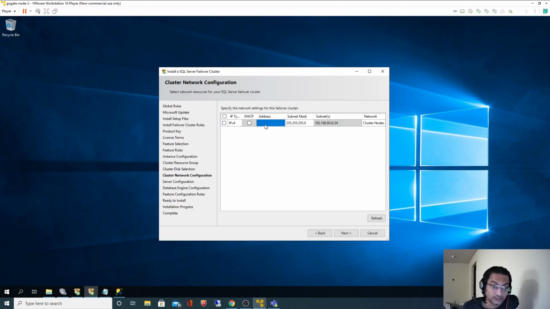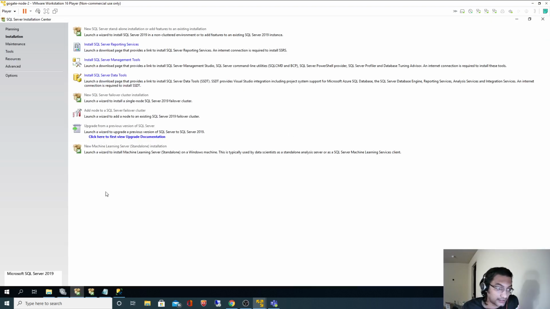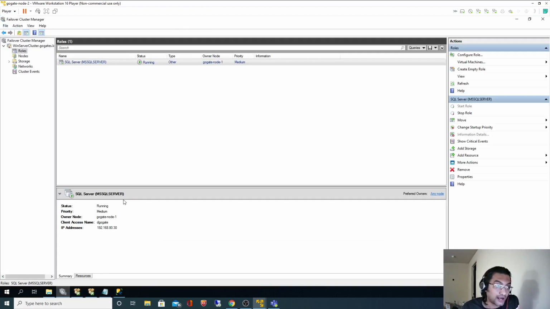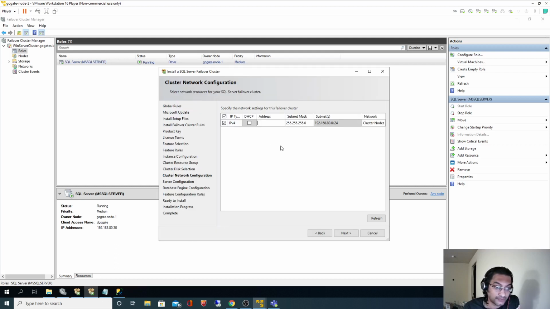Now the IP address we have to specify. If I go back here, I had specified the IP address as 192.168.80.30. So for this instance, I will specify 192.168.80.40. As we discussed earlier, this IP address has to be in the same range as our remaining nodes.